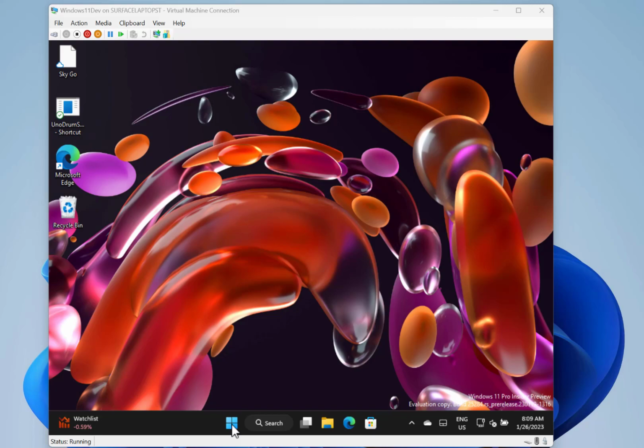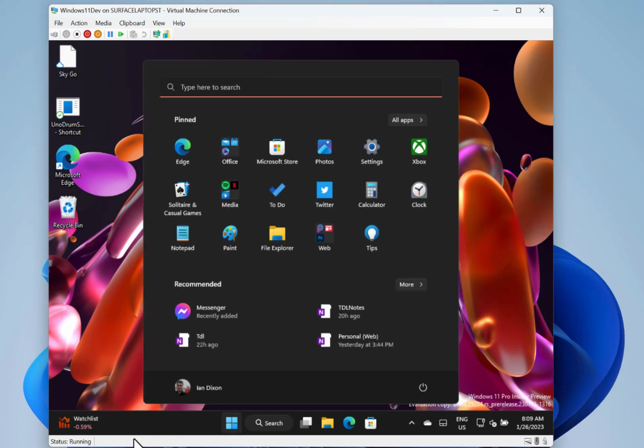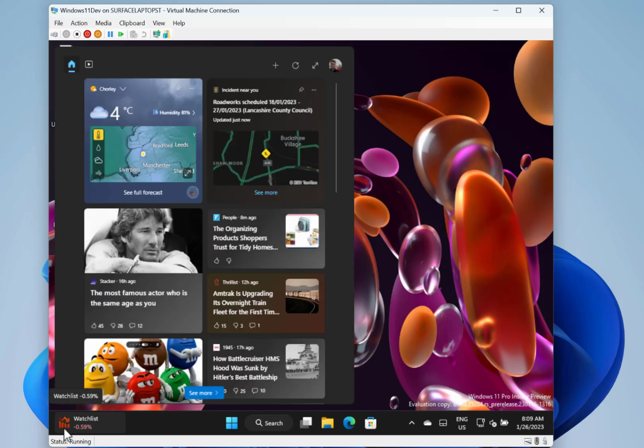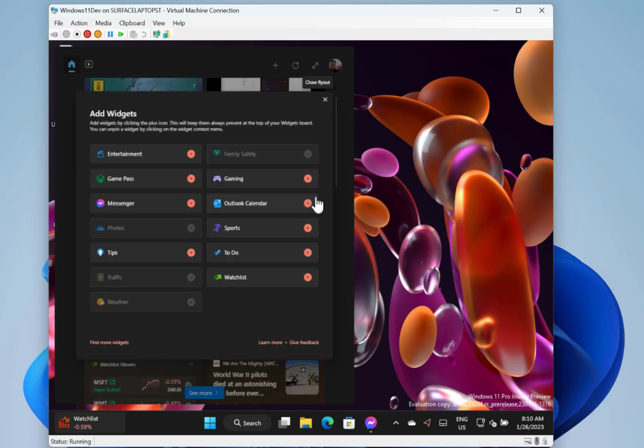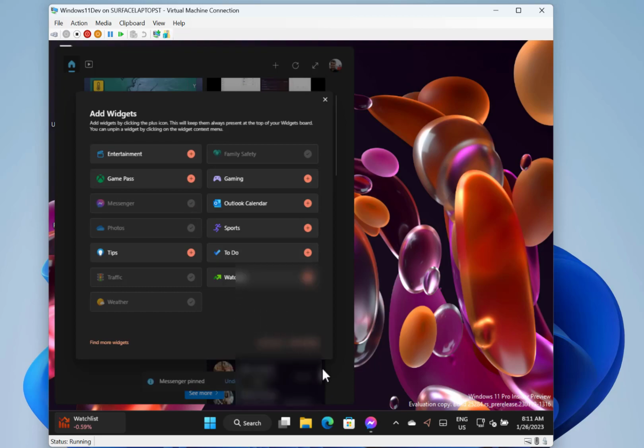Right, so what is new in this build? Well, in this build is a new Messenger widget. So here I go into widgets, and you can see here the option. I've got the option of adding the Messenger. I've already got the app open and signed in. You have to have that signed in, obviously, to work. You can get the app from the store. This is the Facebook Messenger, and you add it like that, and then